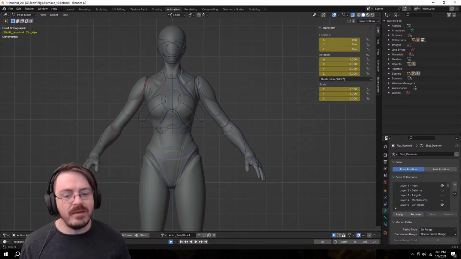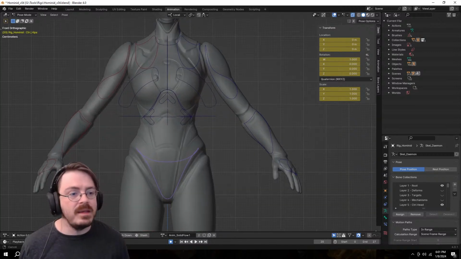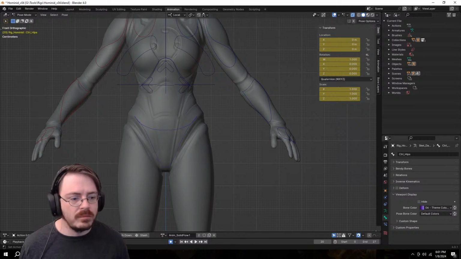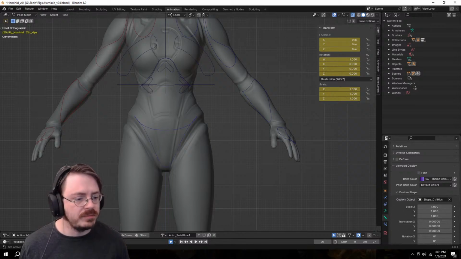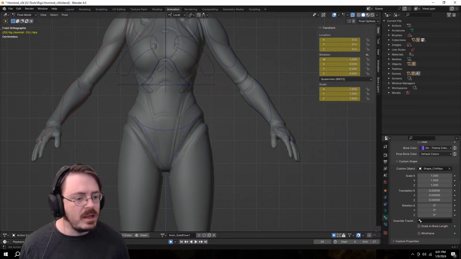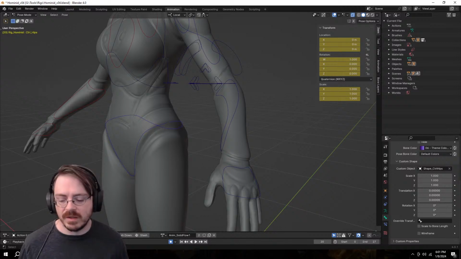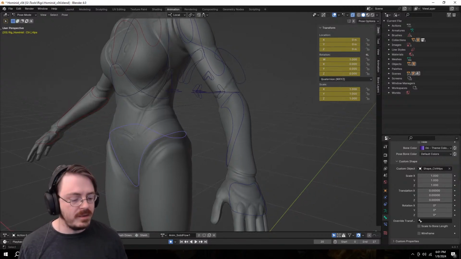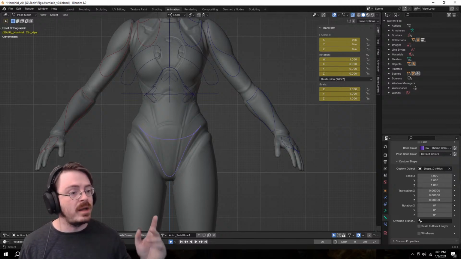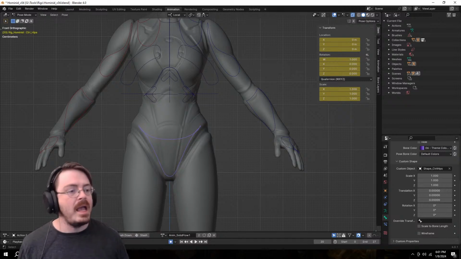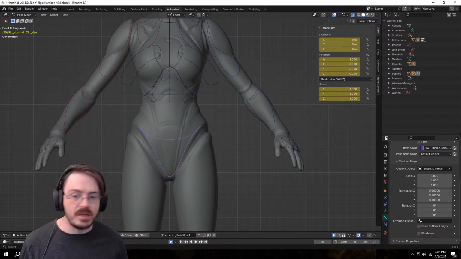But so here I've got hips, right? And the thing is that if I were to hide, there should be viewport display, custom shape, if I were to hide this bone, maybe not even this one, there's probably some in some layer somewhere. But the point is that this bone is oriented in such a way that its base rotation is somewhere right in here, and that doesn't work because your hips don't rotate from that point.